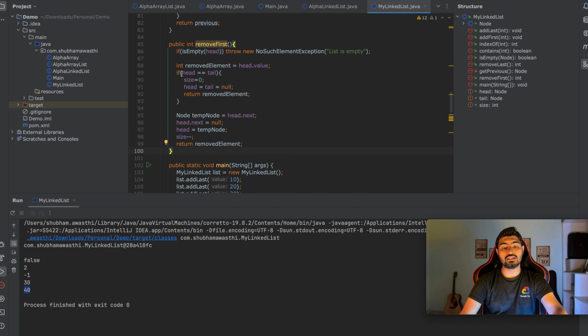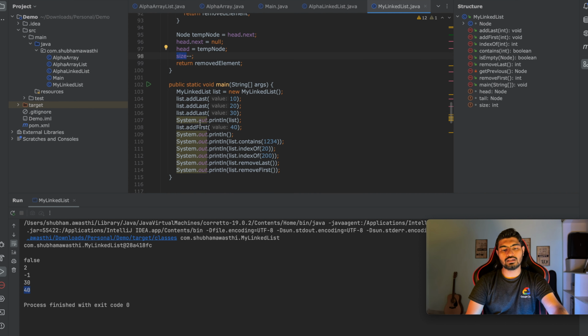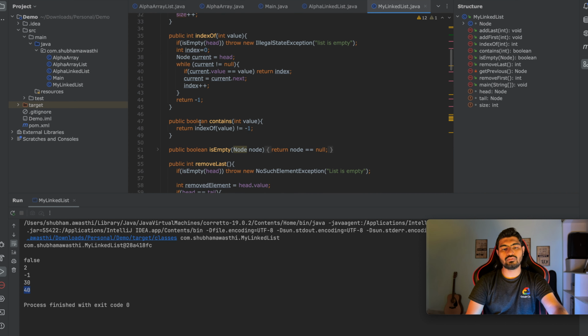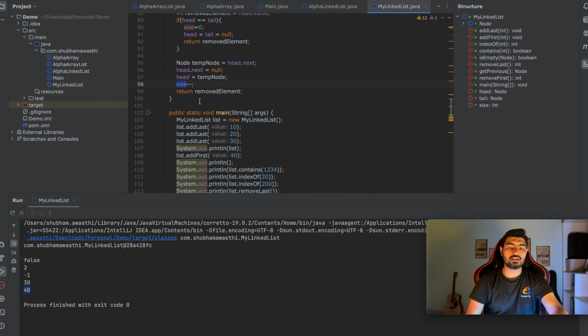I hope this is very clear, right? We are reducing the size and increasing the size when we were adding and removing the node, right? But we haven't actually implemented a method for it. So in our next video, we will be implementing the size method, which will straightforwardly tell us the size of the list. Now we could have done that in linear time complexity as well, that is O of n. But I'll show you how to do that in constant time, right? Actually, we are already doing it. I'll just show you why we did it in such a way so that you can calculate the size in constant time